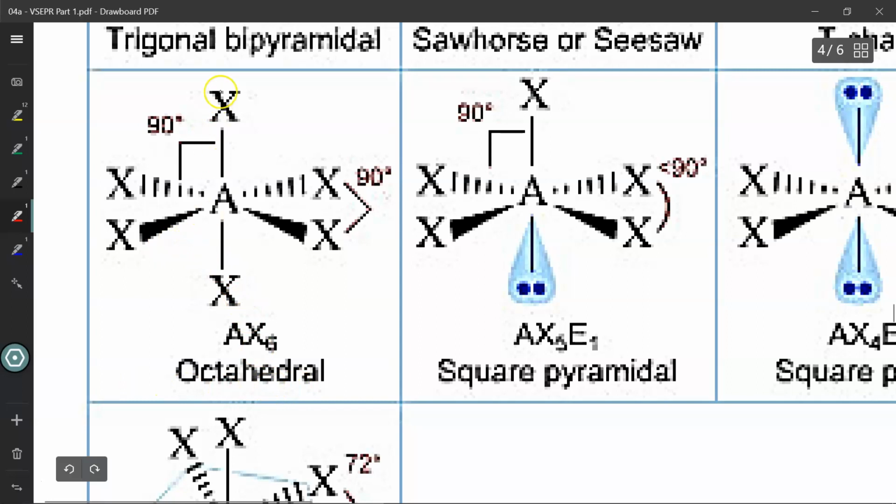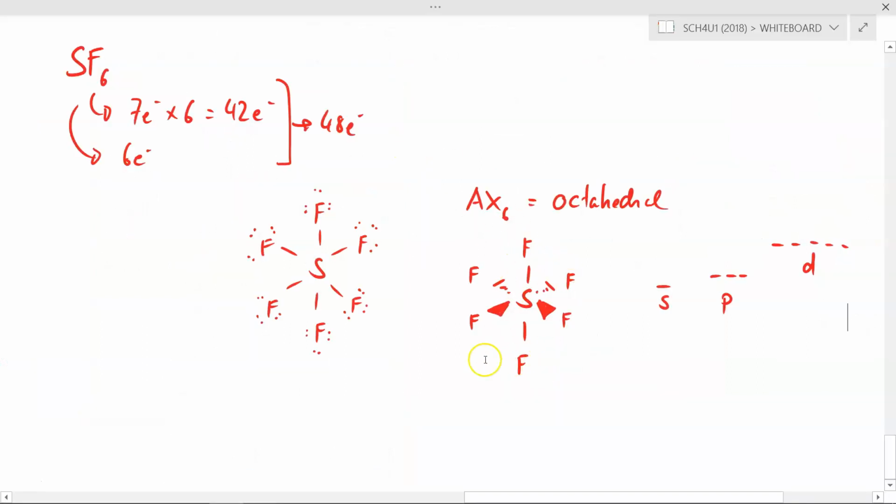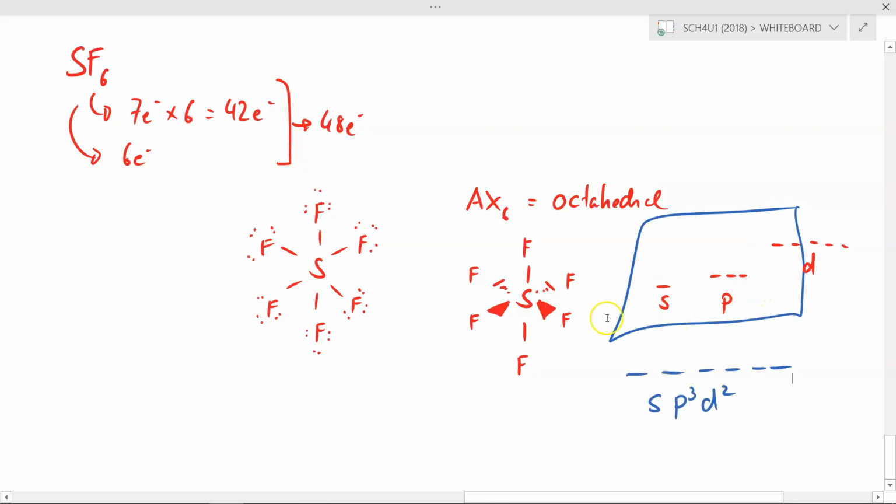So we'll have 2 of the fluorines on the same plane. 2 will pop out of the page, and 2 will go into the page itself, giving us this structure over here. Now if I look around the sulfur, I see 1, 2, 3, 4, 5, 6 regions of electron density, so we need to have 6 hybrid orbitals. And so I'm going to need to hybridize 6 orbitals altogether, giving me